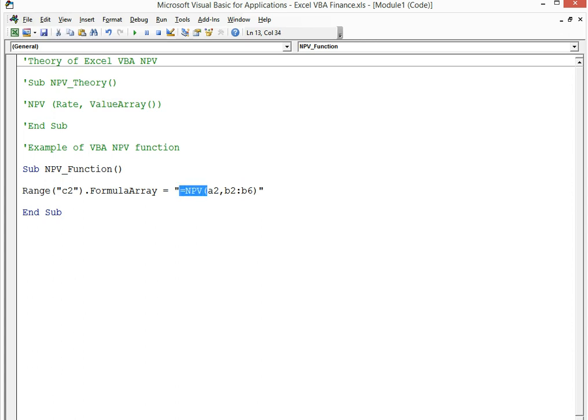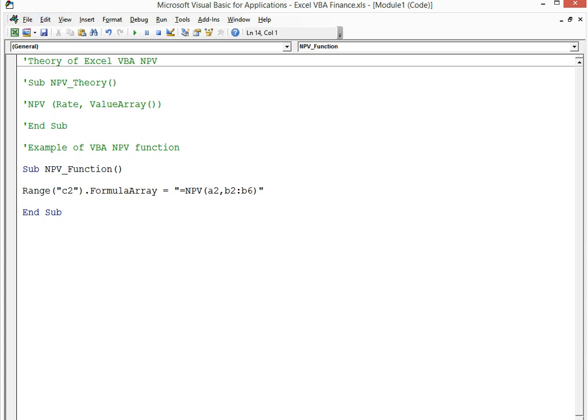Equals NPV, which is basically going to insert this exact same formula written here into Excel, equals NPV bracket A2, which is cell A2, which holds the rate, comma B2 to B6, which is the value array, which holds